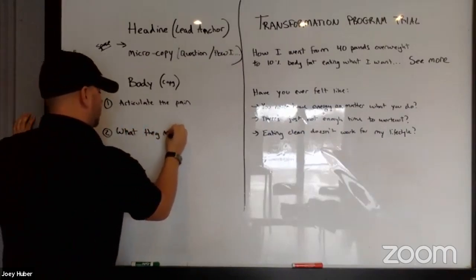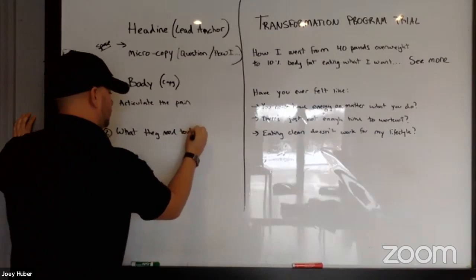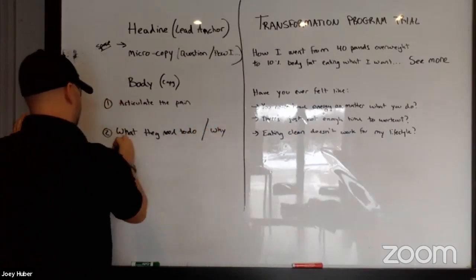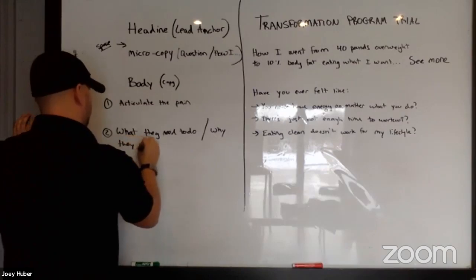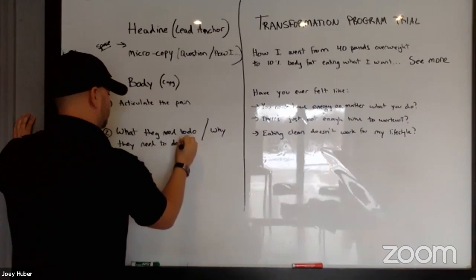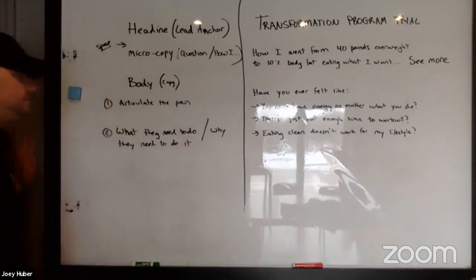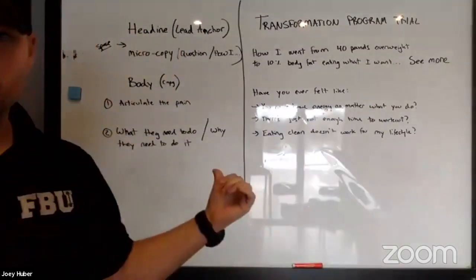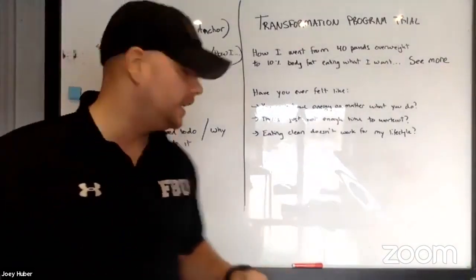What they need to do / why they need to do it. Okay, so when we write that down and we transfer that over to our actual copy that we're writing here,